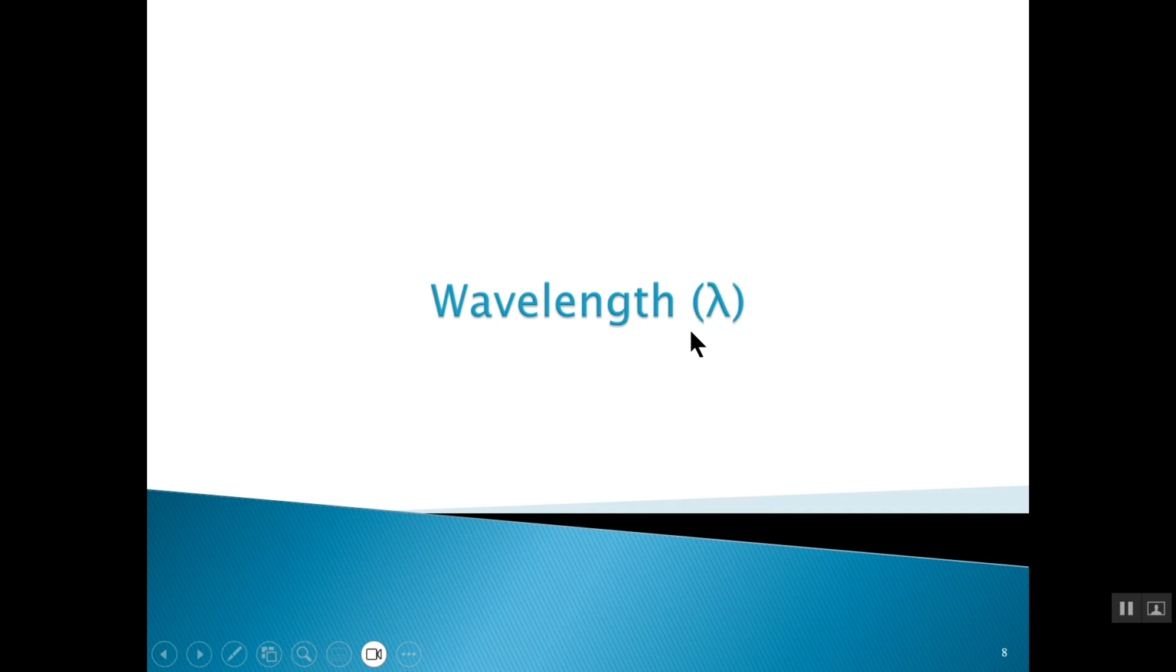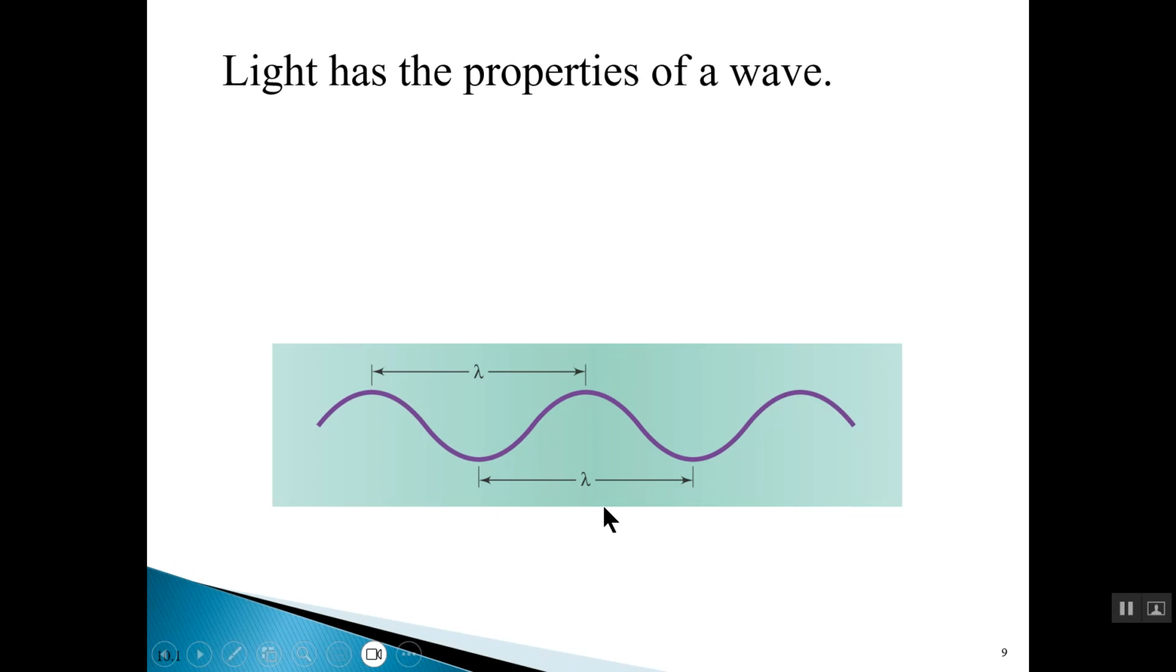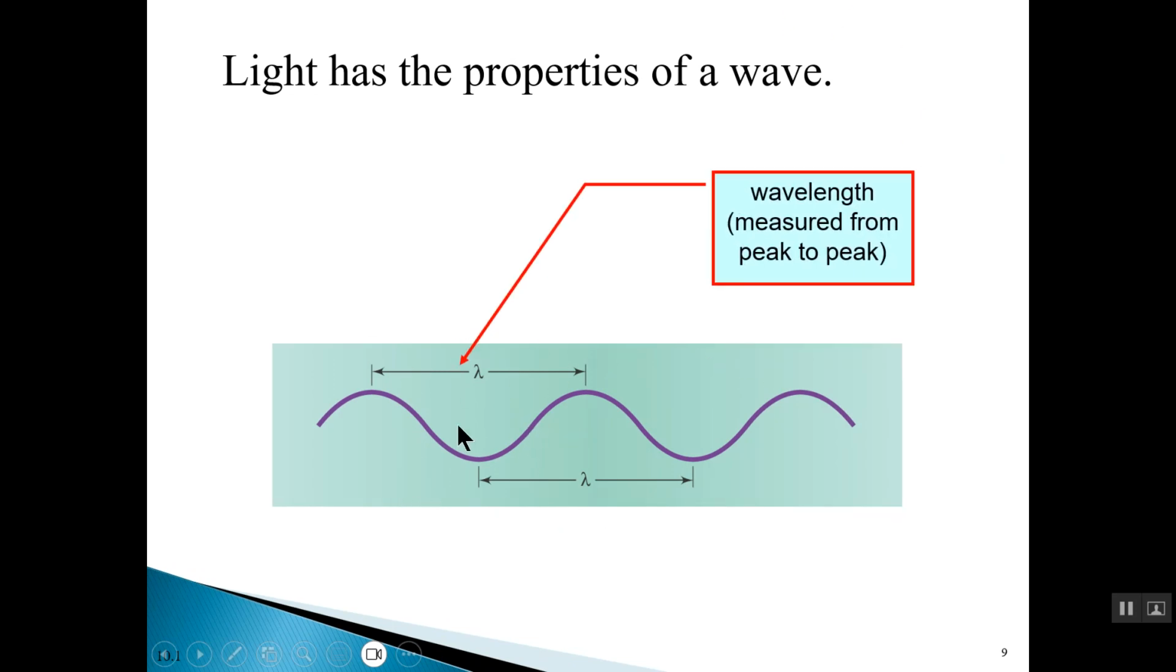This is a Greek letter lambda, which is what we use conventionally to represent wavelength. Now, what is the wavelength of a waveform? Well, the wavelength is basically the distance between two successive peaks in a waveform. So here we have a waveform, and we take the distance between one peak and another peak, and that